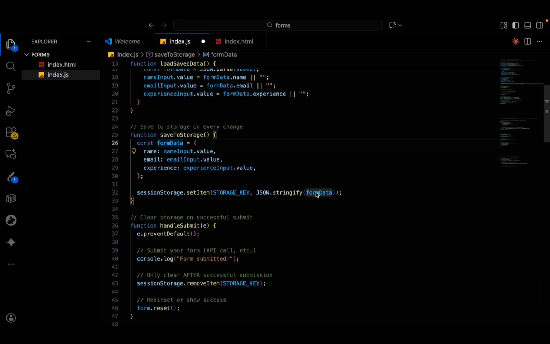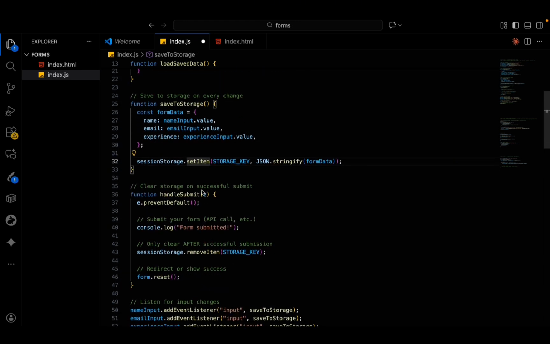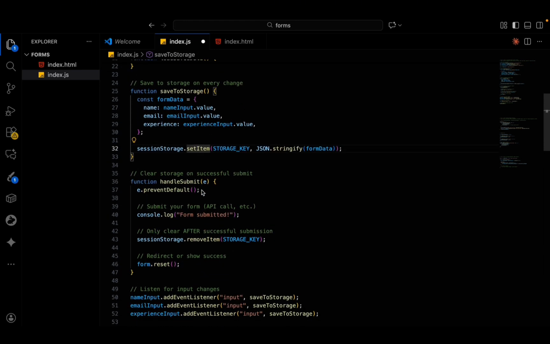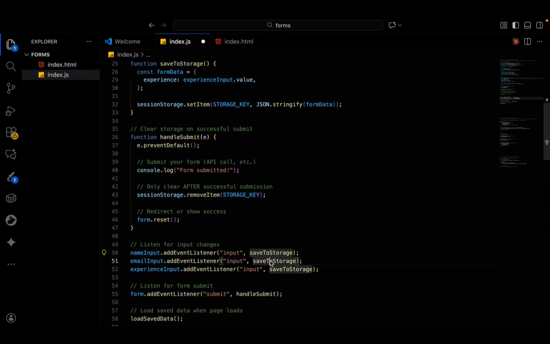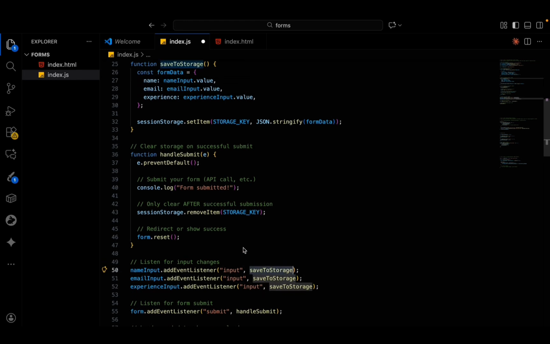Also, to save it, since you already have the name input, you access the value directly, create a JavaScript object, stringify it, and save it to session storage. So these are helper methods that you can always call instead of writing long code every single time. This is where we are going to use the helper method to save to storage,